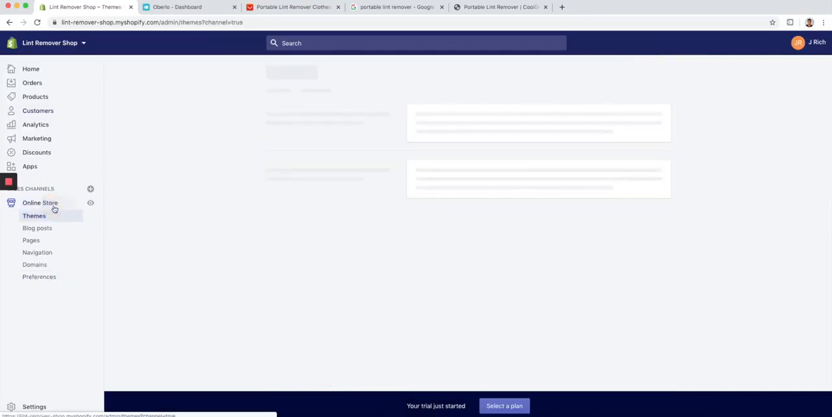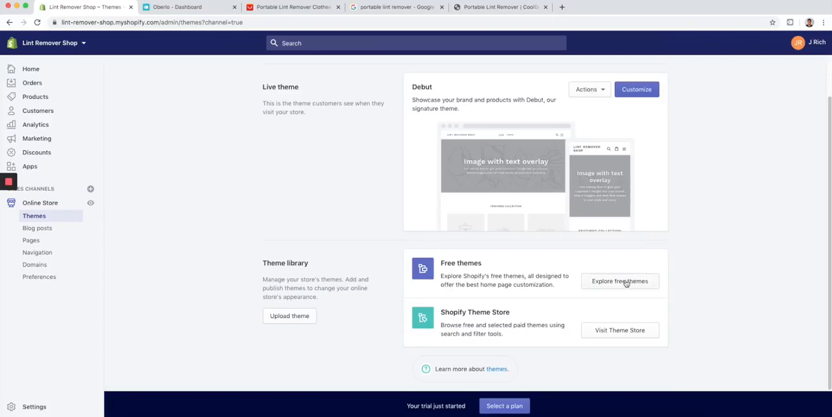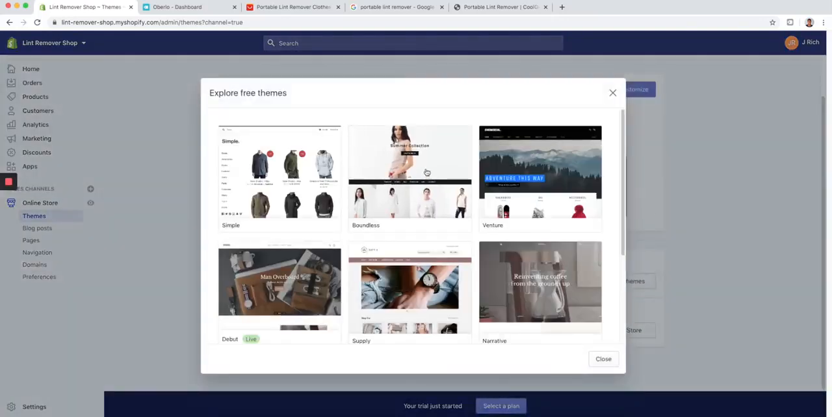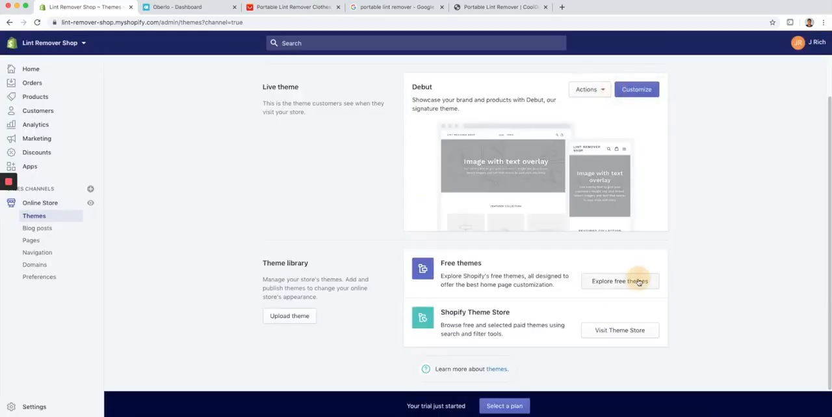So now we're going to create and customize our website. So like I said, you definitely do not want to use the debut theme. They have tons of free themes for you to choose from. I think they have about 8 free themes and a bunch of features and styles included in each of the themes. So what I'm going to do is choose